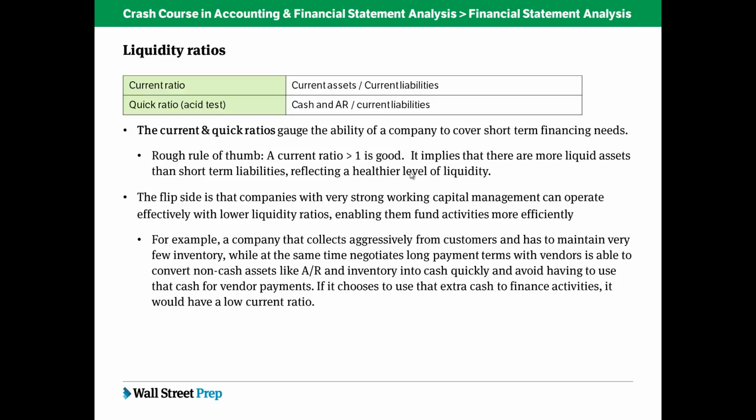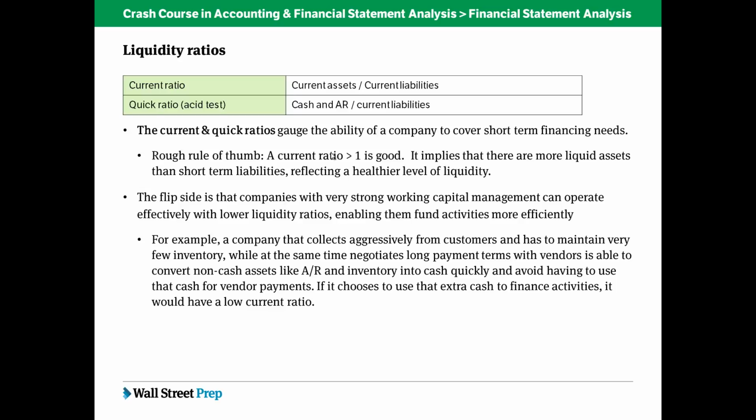So there's a rough rule of thumb with the current ratio. The current ratio basically says, take the current assets that you have and divide them by the current liabilities. If the ratio is greater than 1, in other words, if you have more current assets than current liabilities, that's generally a good thing. It implies that there are more liquid assets than short-term liabilities, which reflects a healthier level